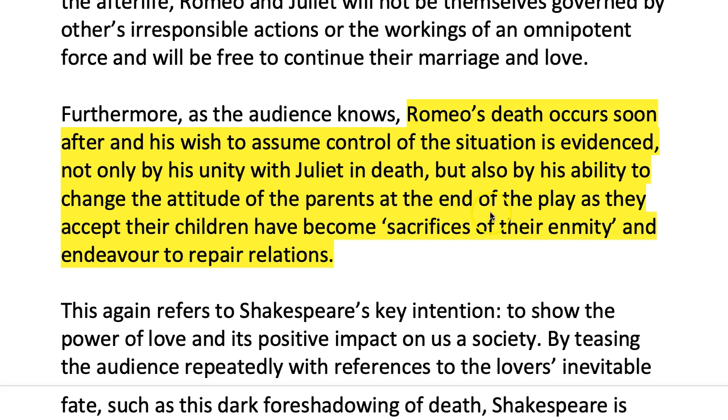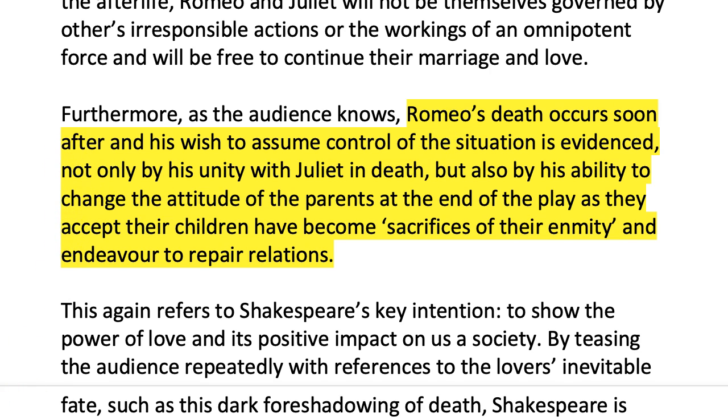So he's taken a quotation from the very end of the play and suggested that Romeo's death has brought about that reconciliation, that repair of relations. So that's a really sophisticated argument. He's hinting also that perhaps Romeo might have had this in mind when he committed suicide,